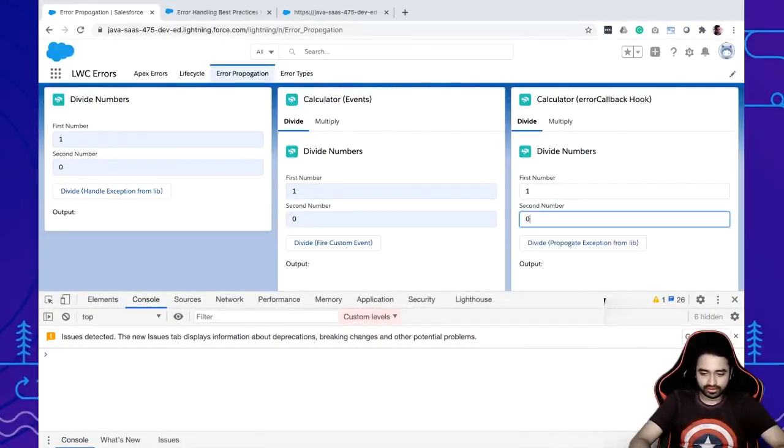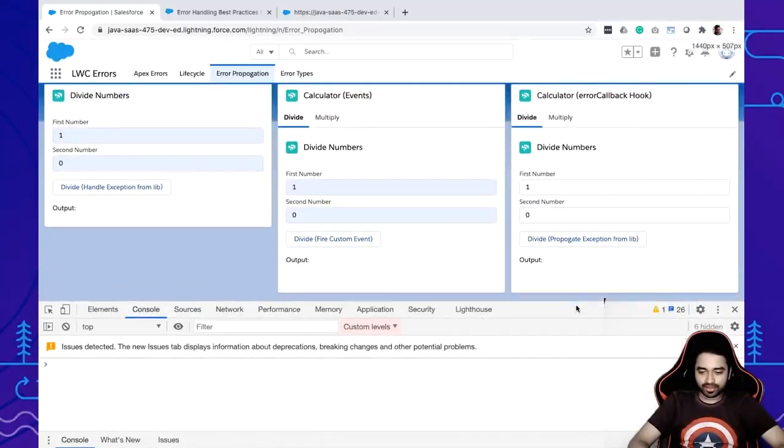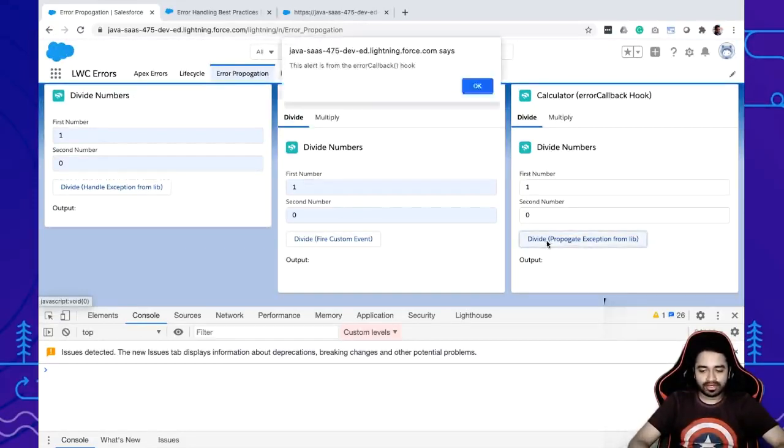So here it is 1, 0. And it is the same divide component that we have used here, which means I'm handling it from the library. The library is going to throw the exception, but the divide component itself is not going to handle that exception. It's going to let it propagate to the parent. So the moment I click this, you'll see that the error is getting called from the error callback hook.